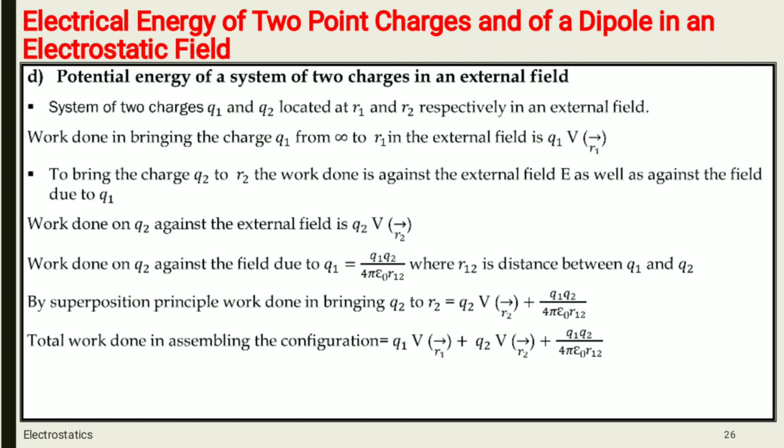Now to bring charge Q2 to R2, the work done is against the external field as well as the field due to Q1. ठीक है, पहले क्या था, दोनों चार्जेस Q1 Q2 both are at infinite distance from the external electric field। बाद में आपने क्या किया, Q1 को डिस्प्लेस किया and we have taken that charge at position vector R1।